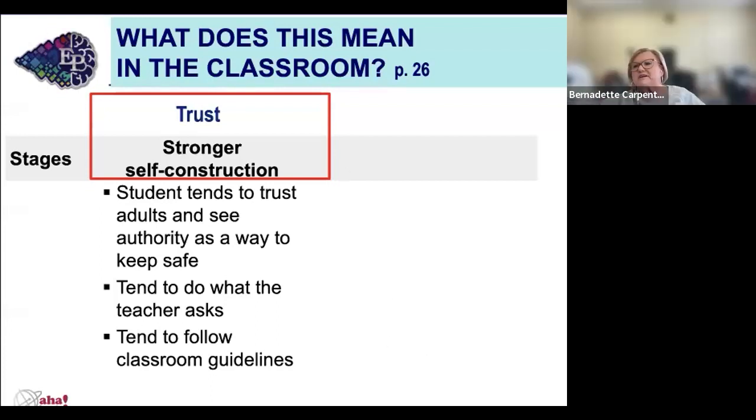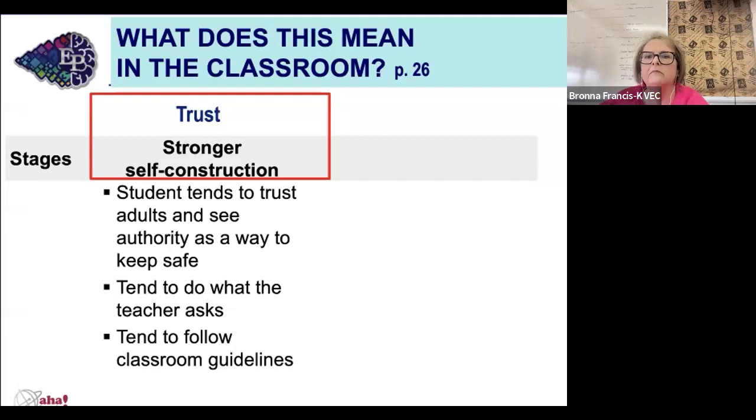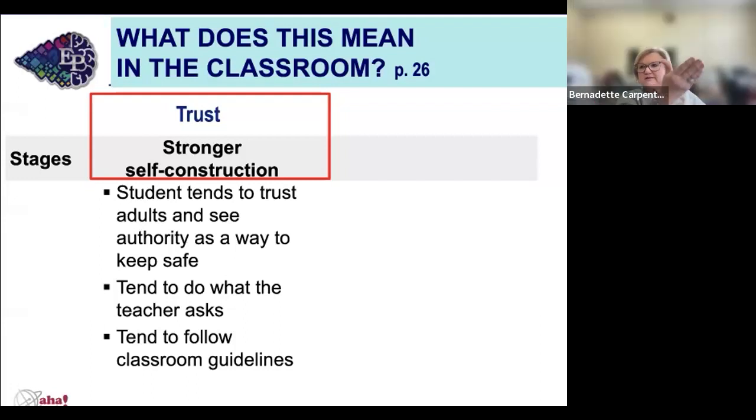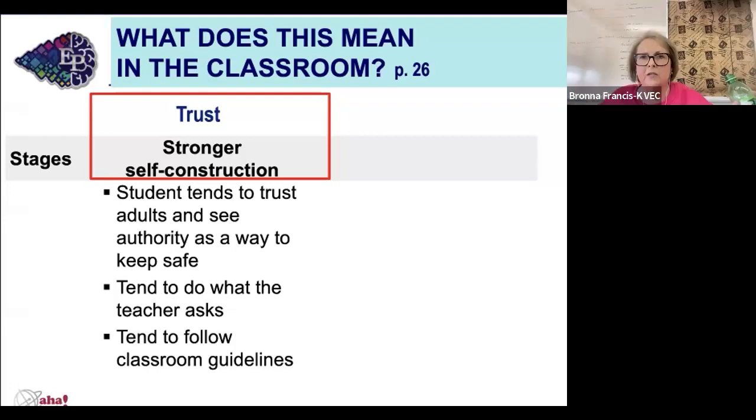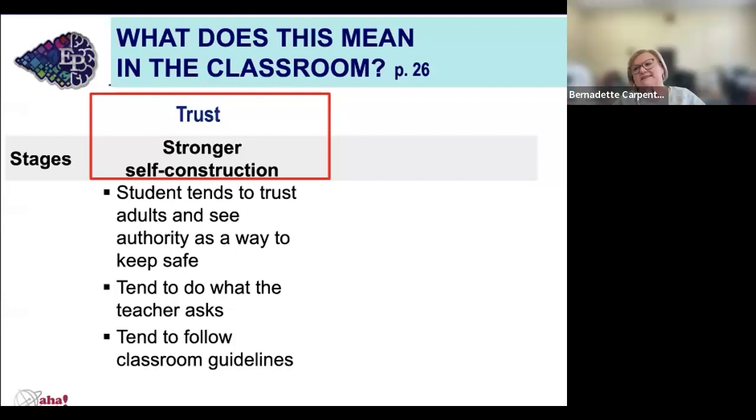Okay, stronger self-construction. Student tends to trust adults and see authority as a way to keep safe, tends to do what the teacher asks, tends to follow classroom guides. And when you have students who do not trust adults or authority, the best way to approach them is to offer choices. If you choose to do this, then you have chosen this. This is what's going to happen. This choice. Because they've learned to distrust adults and authority, they're more likely to respond to their own